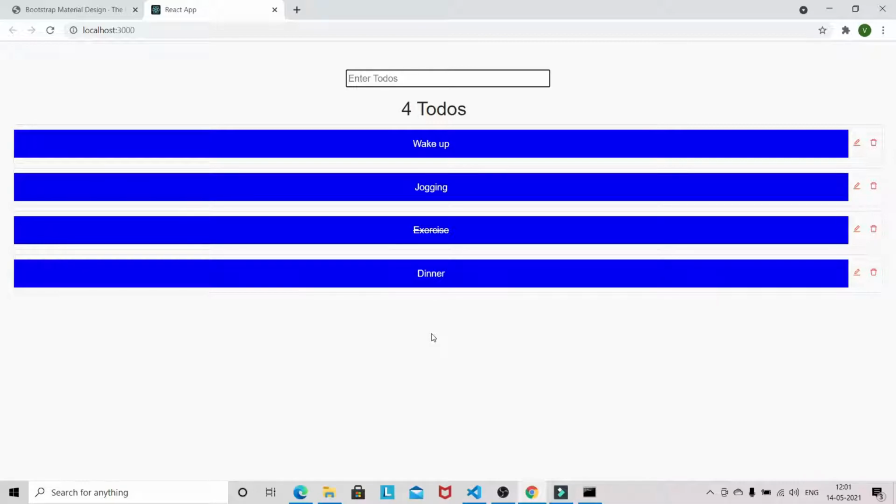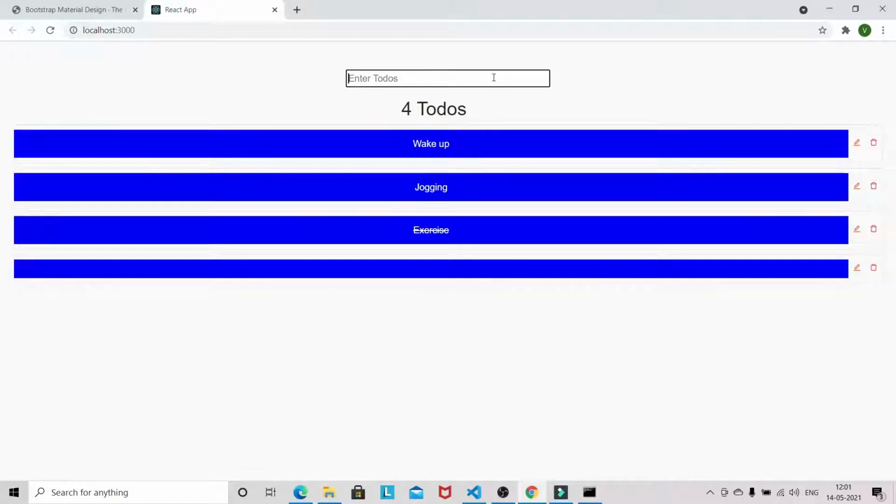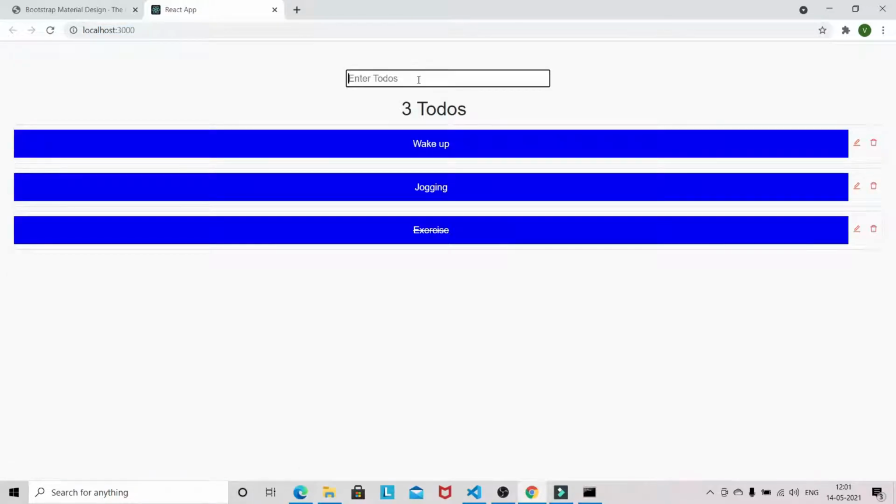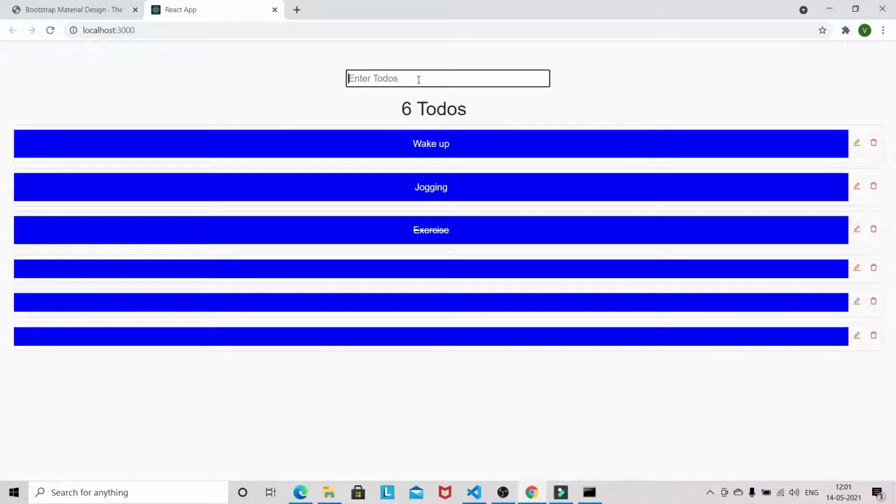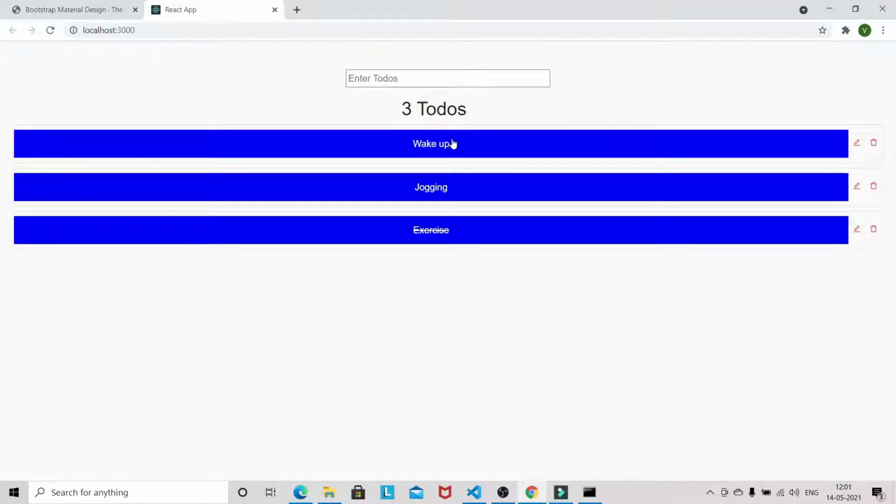Okay, but there is still some improvement required in this application. It is also allowing us to update to empty. You can see it's allowing empty. This is one issue, and also we are able to create a to-do with the same item.